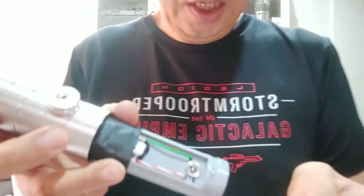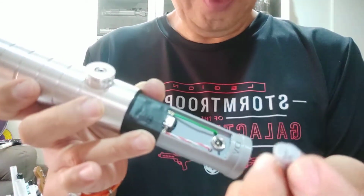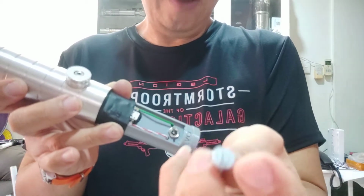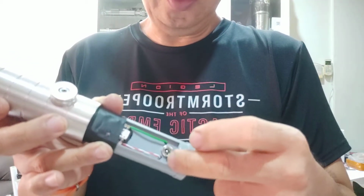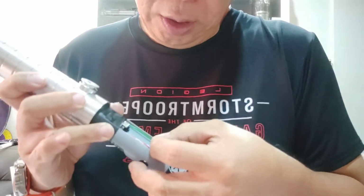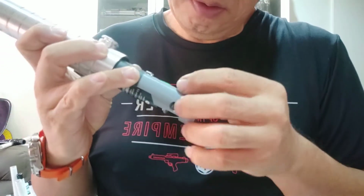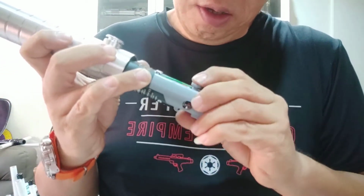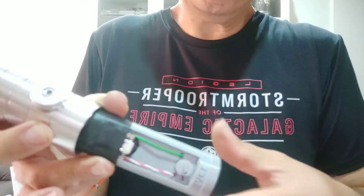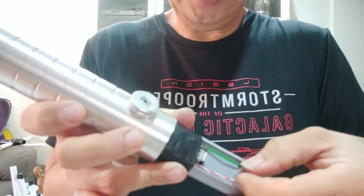Okay, so when you put this in, there is a mark here. You see there's a black mark here. This arrow here, there's an arrow here. The arrow is supposed to point to that mark in order to kill the power. So what you do is that you align this to the thing, and then you press it down. Press it down. Once you press it down, you align the arrow to the mark, then the power is killed off. So in order to restart, all you have to do is just twist,